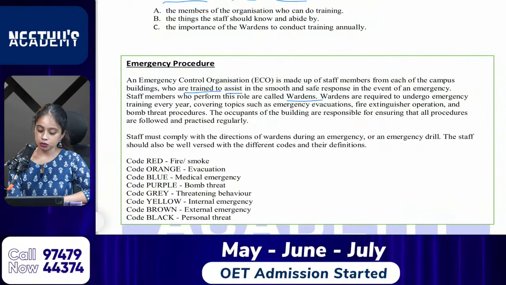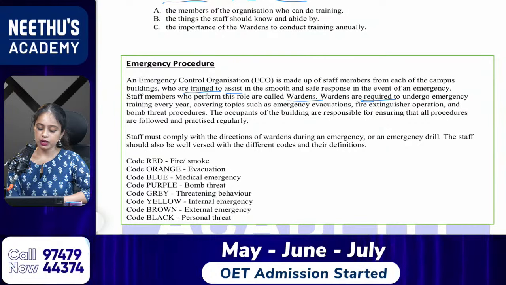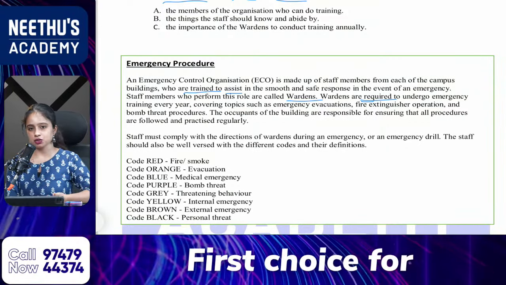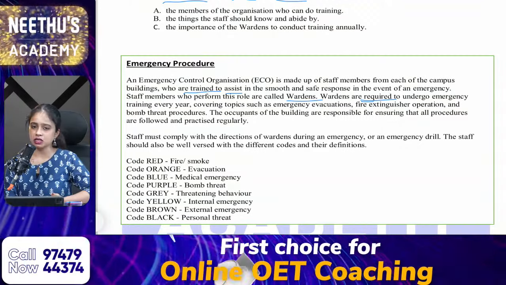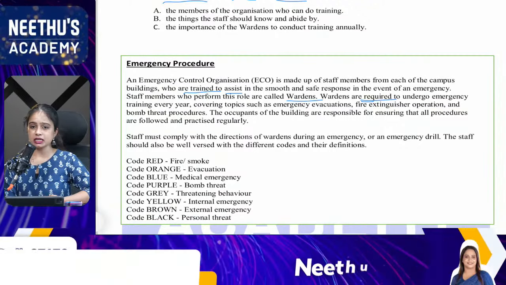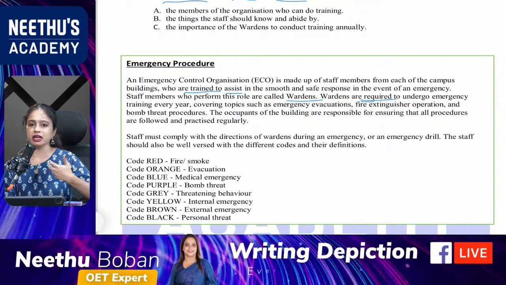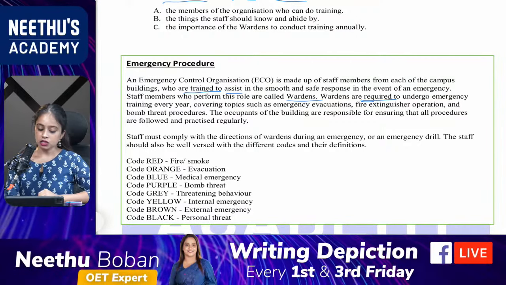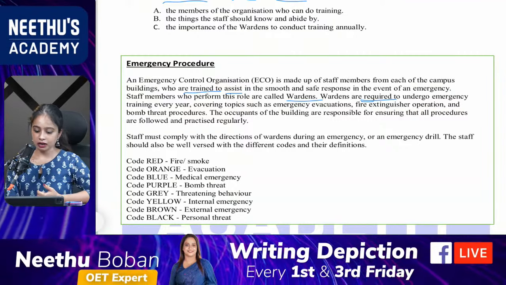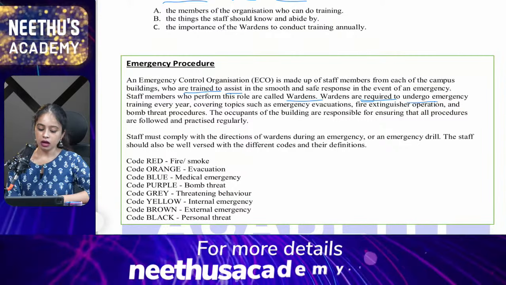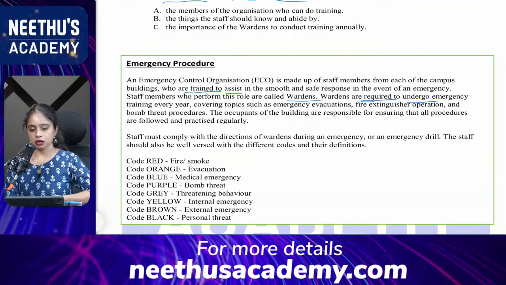Wardens are required to... See, in a guideline you can see words like required to, important to, you have to, must, should, vital, key. These words mean it is very important to follow. So wardens are required to undergo emergency training every year,